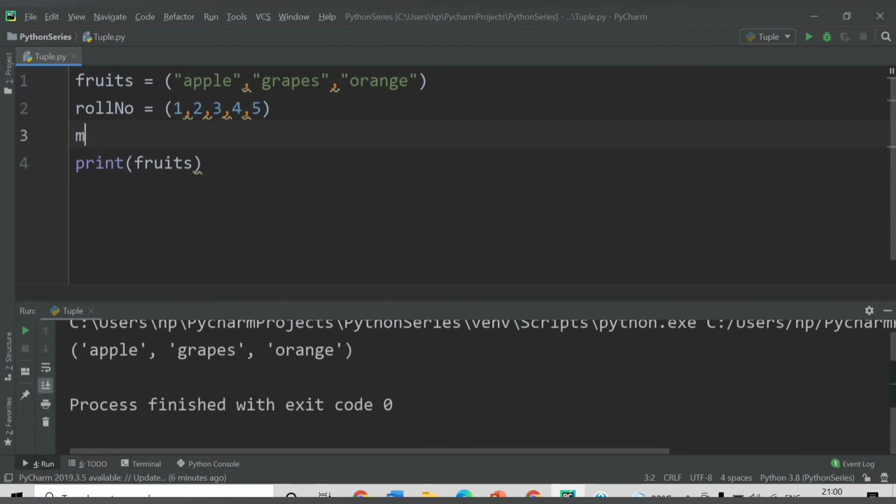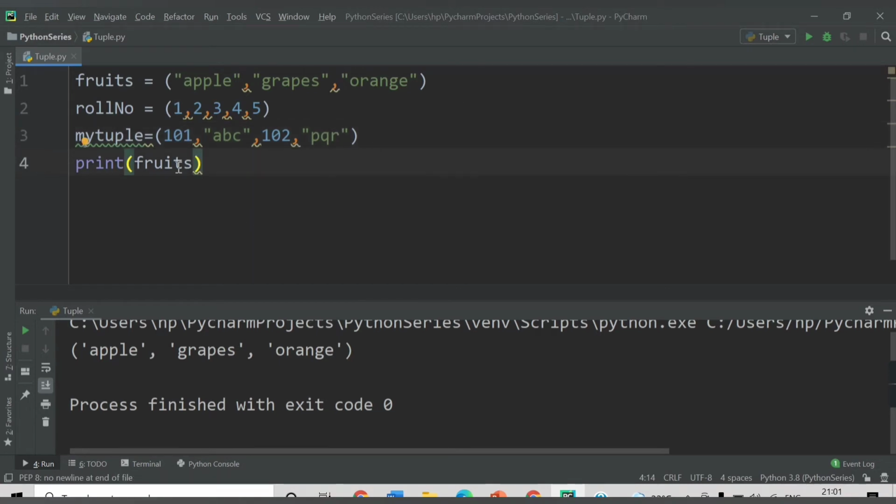Let's say my tuple is the name of the variable, and here you have mixed values, like strings also and numbers also. Let's say 101, then ABC, then 102, then PQR.